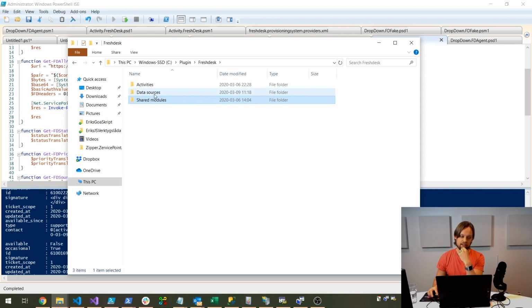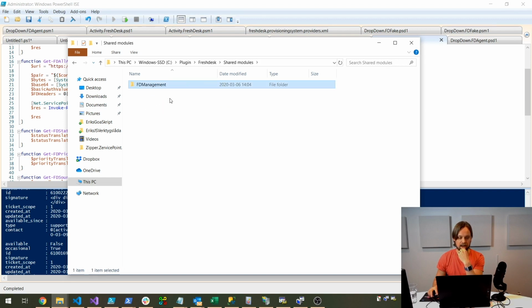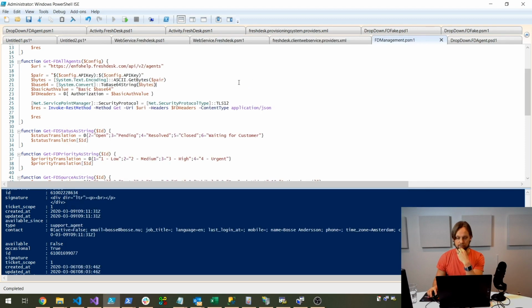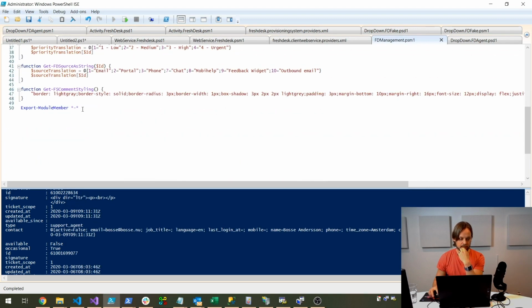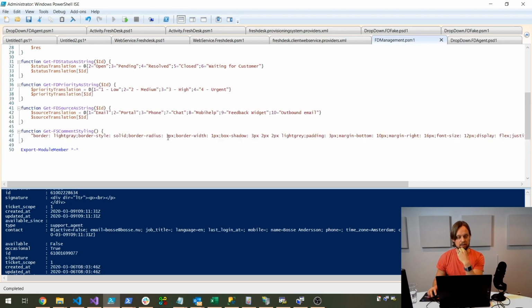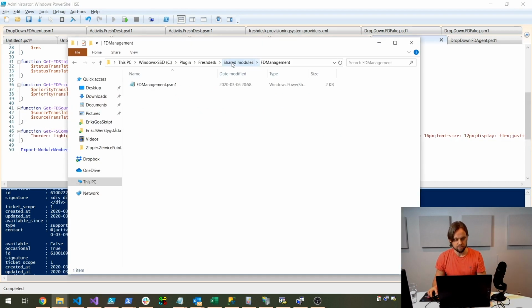And the same goes for data sources, because I've created a drop-down where you can search and select agents. So on the back side, I use the same function, the one that I have in here. And I only have one module file in here now, and it looks like this. And I just export all the module members here. And in all the other modules, like